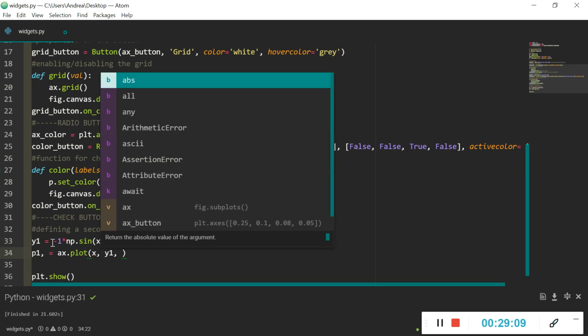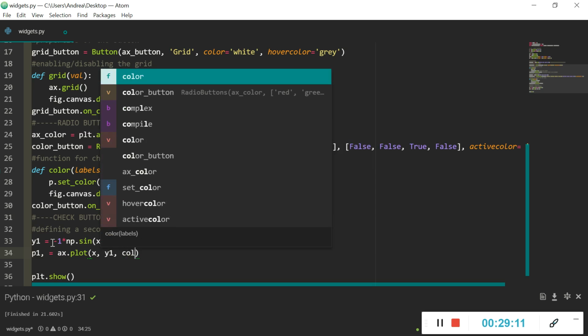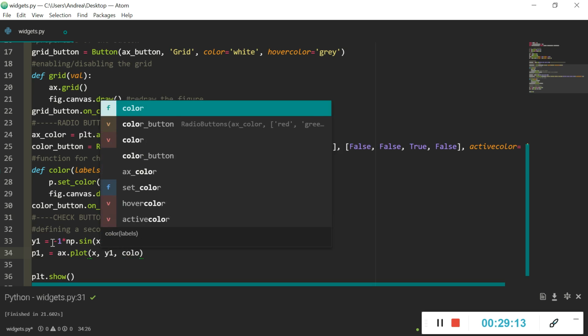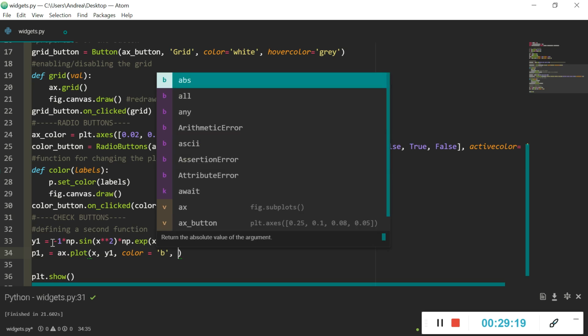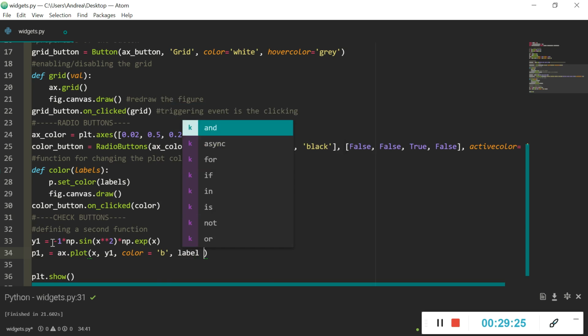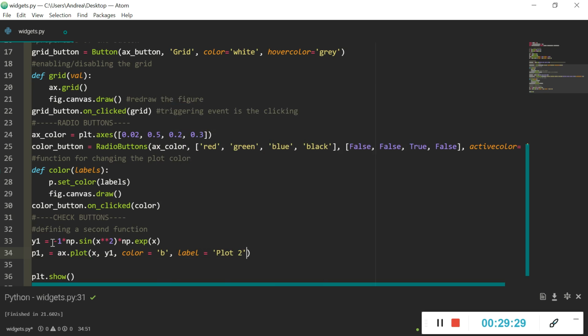The color of this array can be, let's make it blue as well, because we can change the color of the previous one, so it shouldn't be a problem. Label is called plot2,